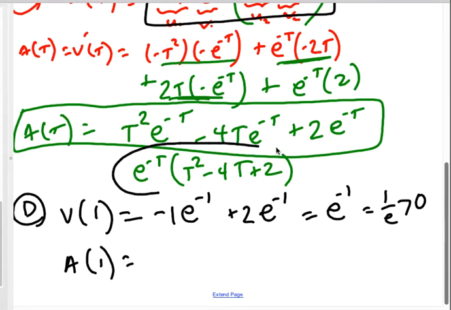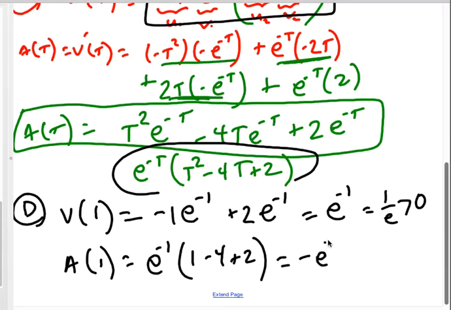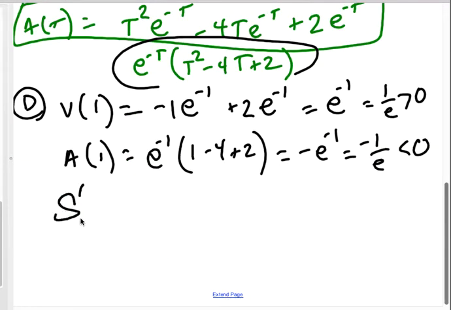I'm probably going to use the factored version because it seems easier. It is going to be an e to the negative 1 times 1 minus 4 plus 2, right? That seems to net to a negative e to the negative 1, right, which is negative 1 over e. That's less than 0, so slowing down, right? So my answer is slowing down